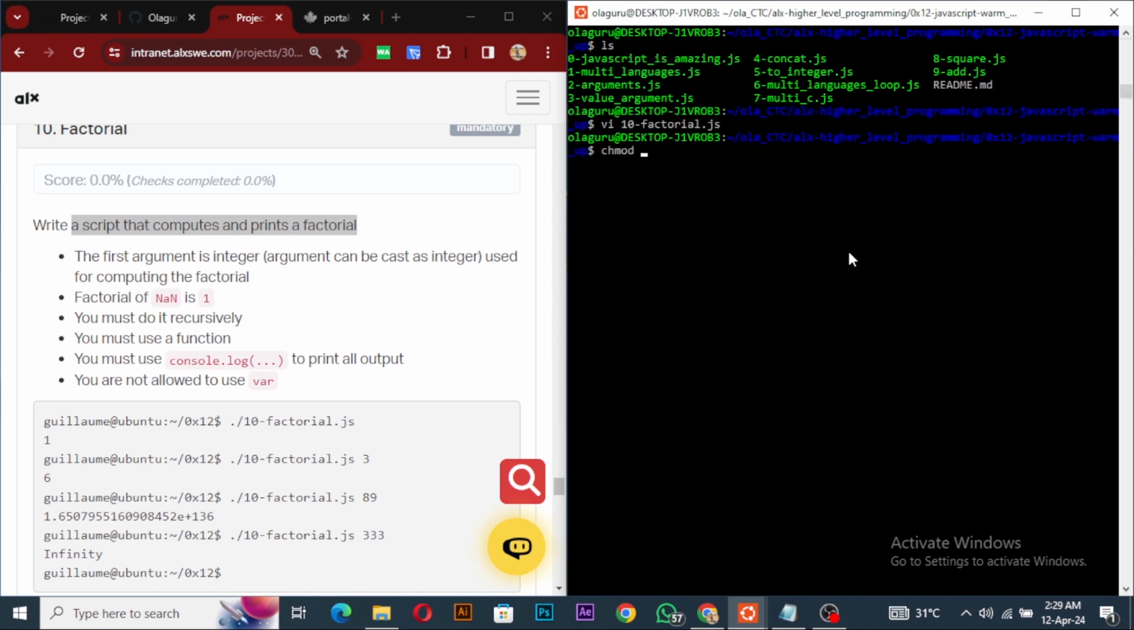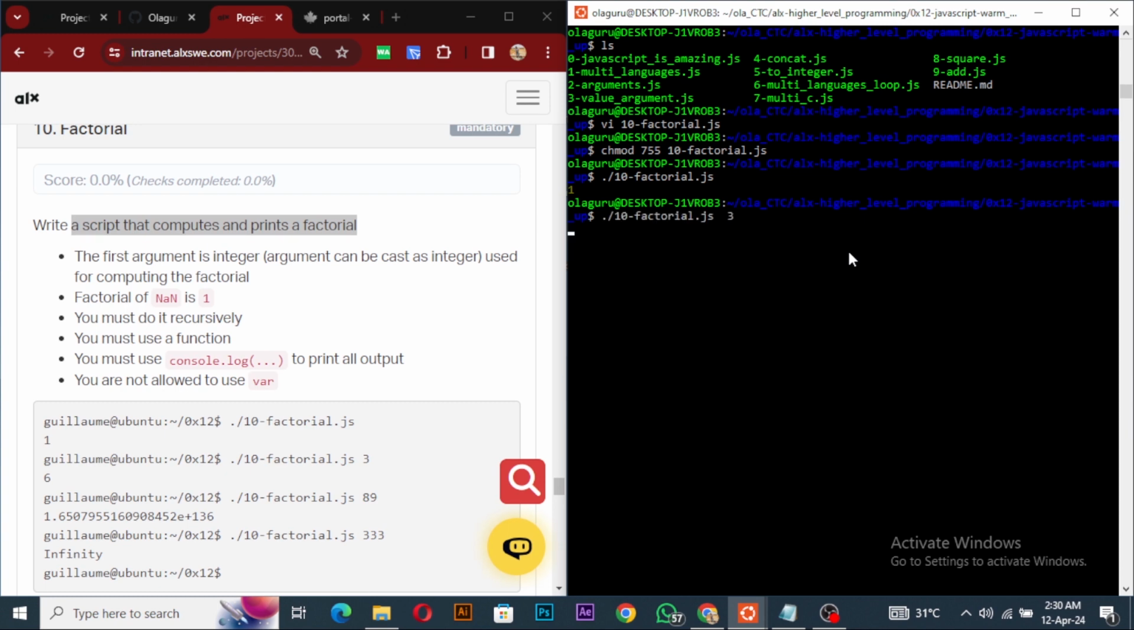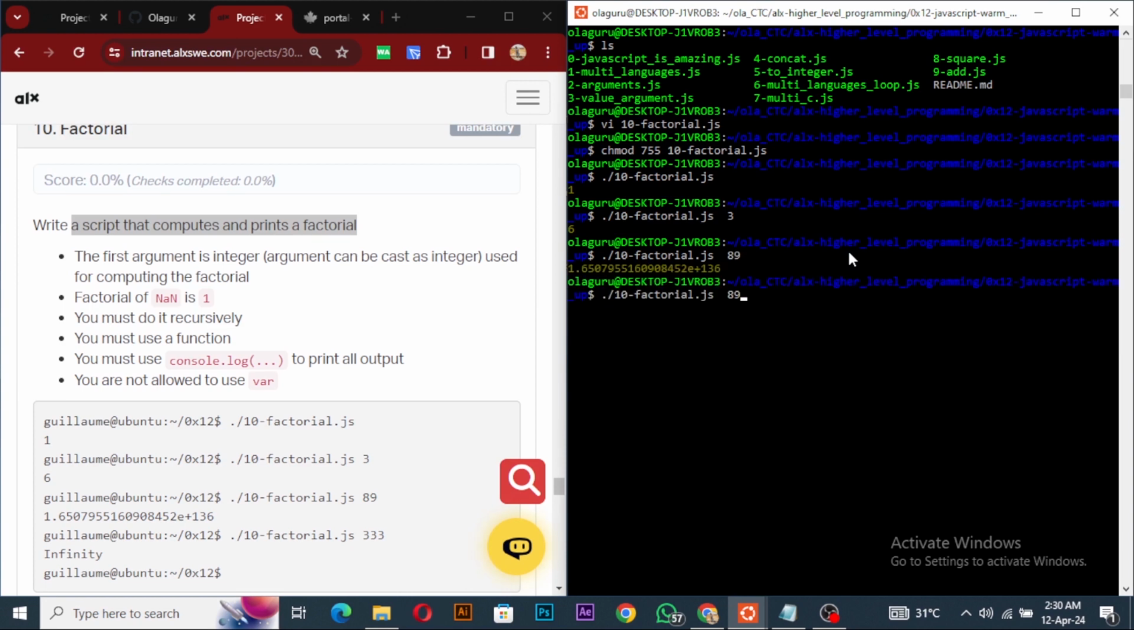chmod, n factorial. If you run it like that, it's just 1. If you run for 3, it is 6. If you run for 89, you have this plus 130. If you run for 333,